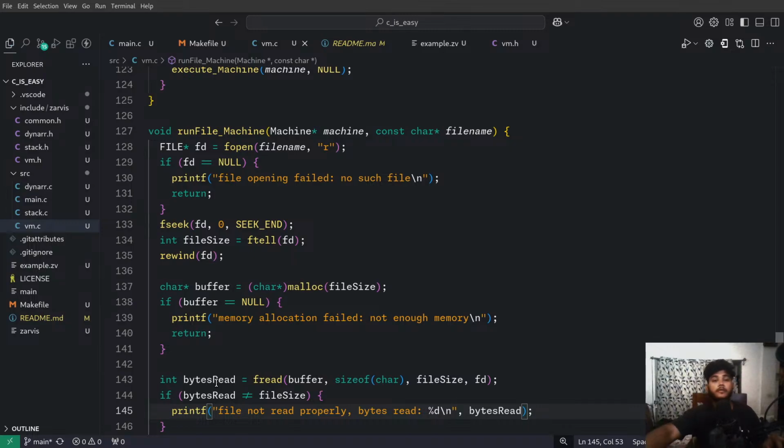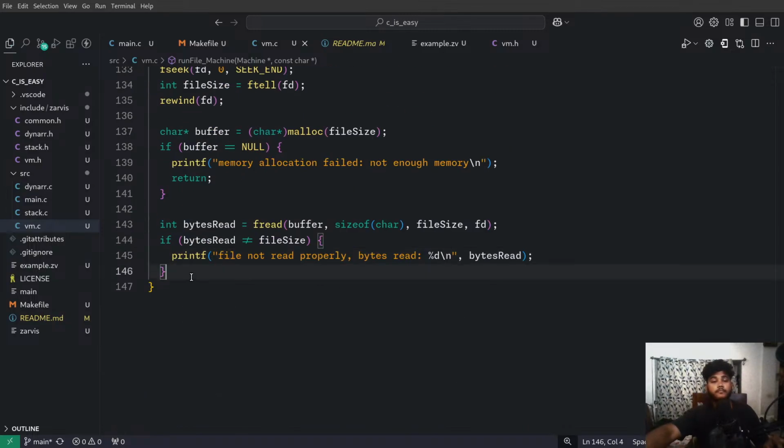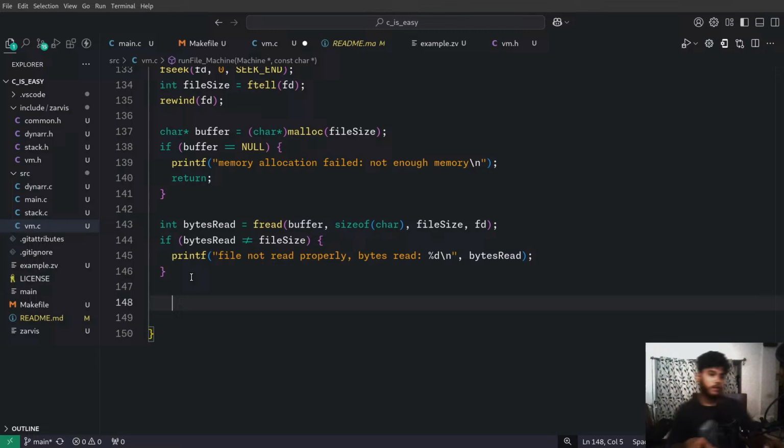Okay, fine. Now after reading, after all this is checked, then we are going to end that string with \0,